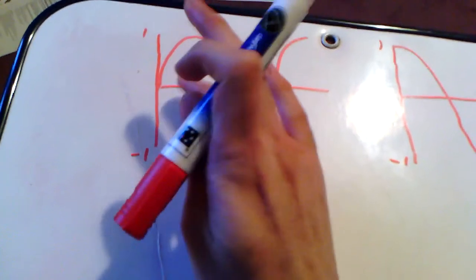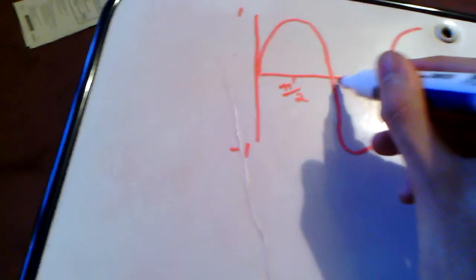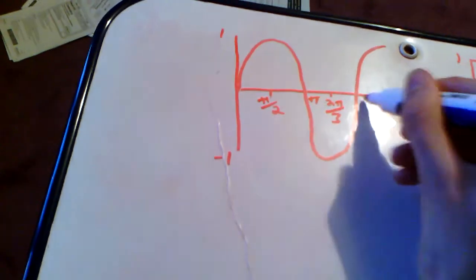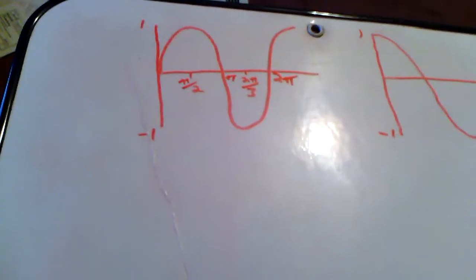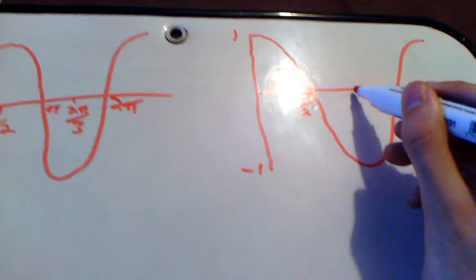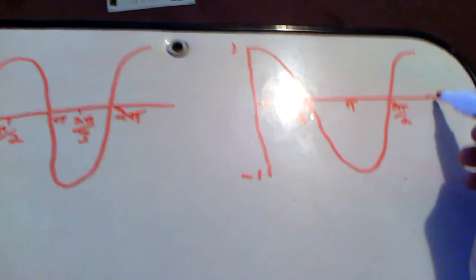So that's 90 degrees. Actually, I've just read the question. We're working in radians. So, well, I don't really have enough time to go into explain what radians are, but you probably know if you have got this far, to be honest with you, in the course. So that there's pi over 2. 90 degrees is the same as pi over 2. 180 degrees is then must be pi, and this is 3 pi over 2, and this now is 2 pi. 2 pi equals 360 degrees. So this here is pi over 2, that's pi, that's 3 pi over 2, and here,